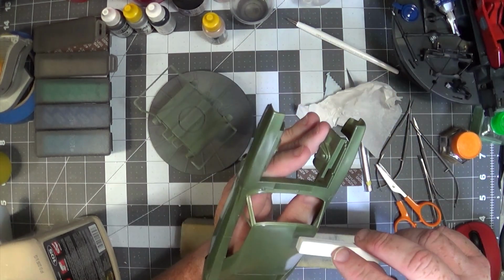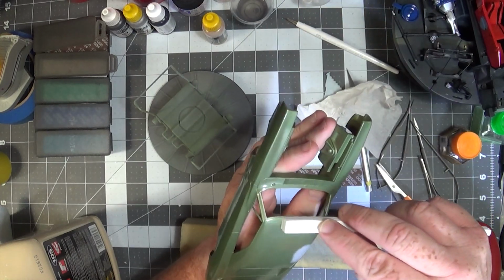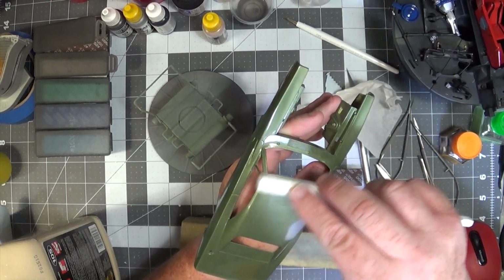And making sure there's no gouges or anything in here that would come through on a color coat. If you take the time,